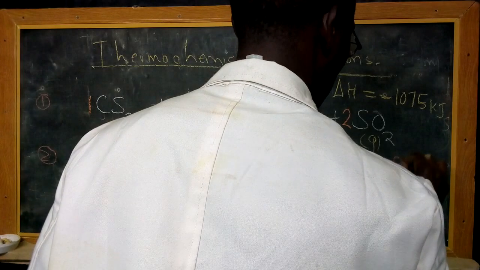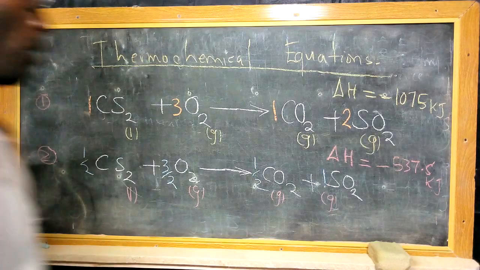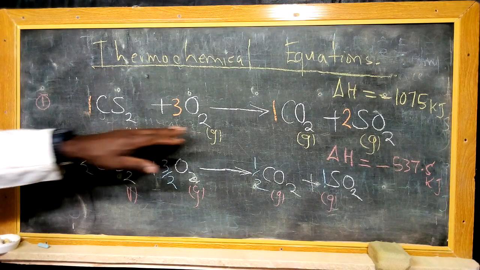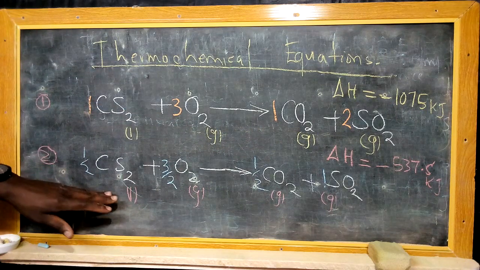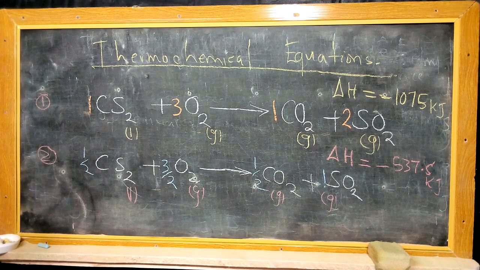which is 537.5 kilojoules. Which means dividing the reacting and product coefficients by half also results in half of the heat of the reaction that is involved. Therefore, from this particular concept,